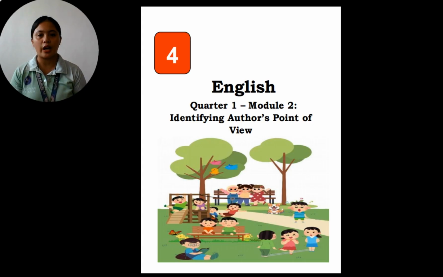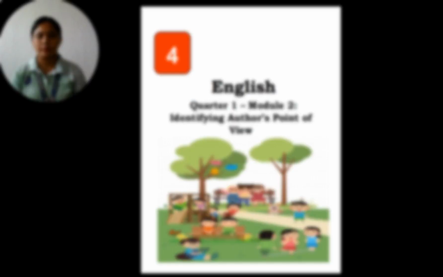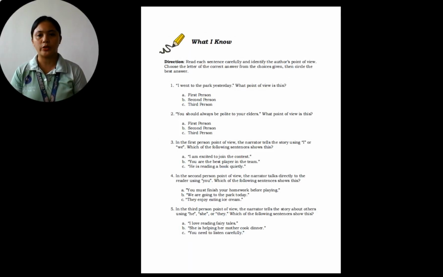This video will guide you step by step on how to use the reciprocal teaching strategy, the four steps: predicting, questioning, clarifying, and summarizing, to help learners identify and understand the point of view in a text. Let's now go through this section of this module and see how the reciprocal teaching strategies can be applied effectively